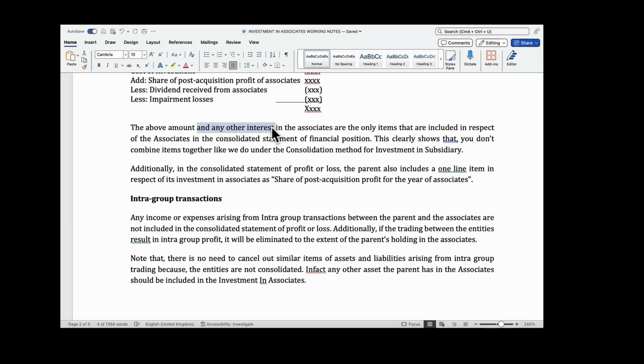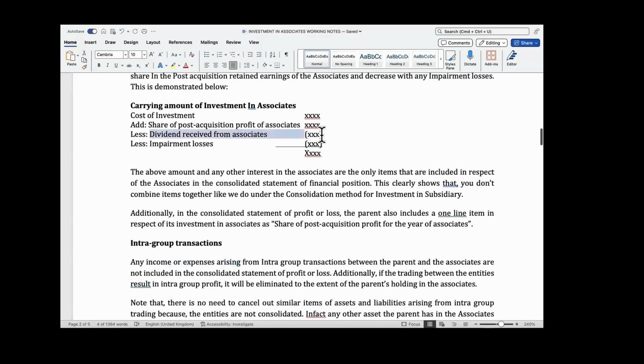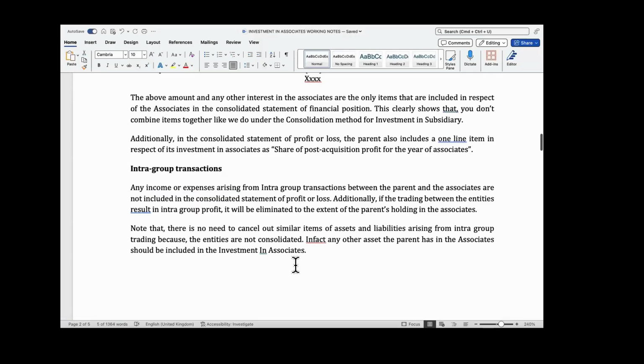So the only intra-group trading that we cancel out here are just income and expenses. You won't include that, because since you'll be taking a share of his profits, make sure that is removed, which is why we are removing dividend received, since we are taking a share. And also any profit they made from one another, you would also remove that because it will look as if you are taking a share of profit you have made from yourself. Those are the only items that we eliminate.